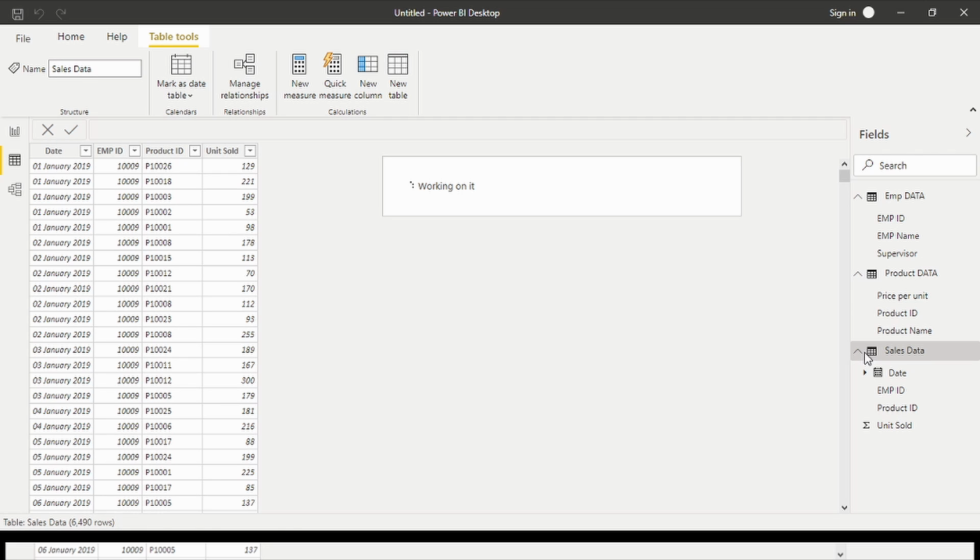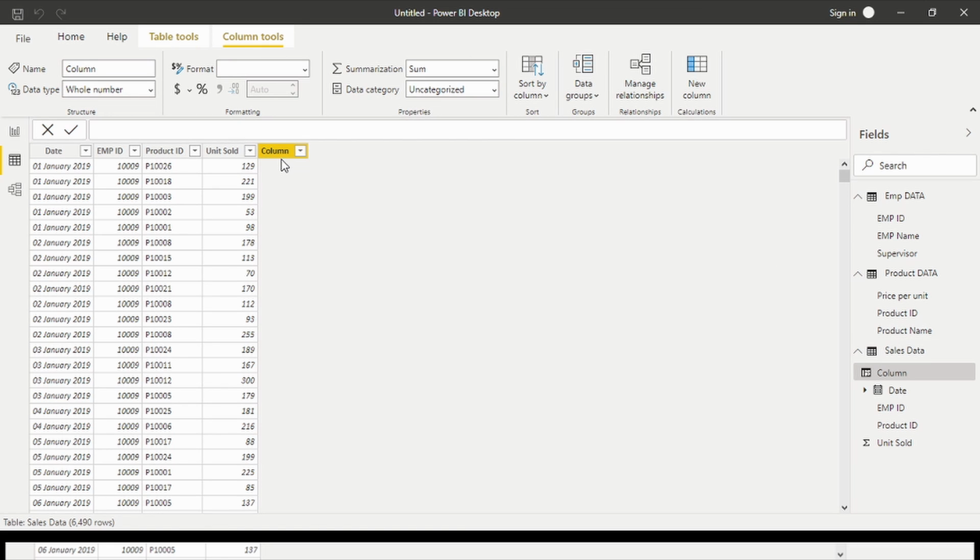From sales data, click right and add a new column. The new column is now loading. Okay, this is the new column. Click here and backspace all this data and write down